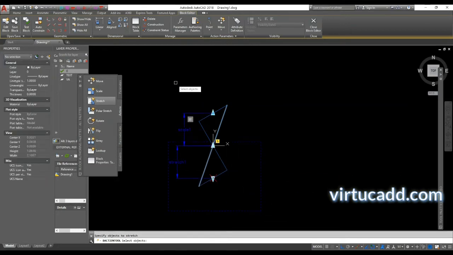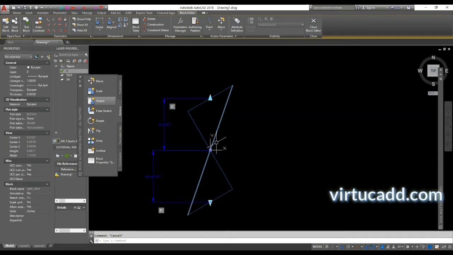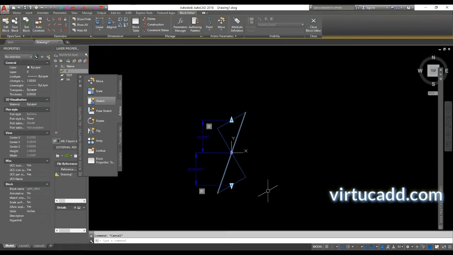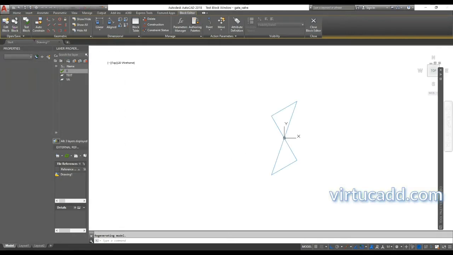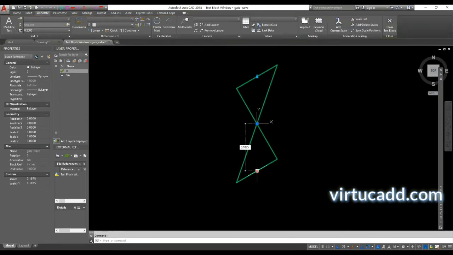Okay, select objects, enter. Save the block and test it. Yeah, so this is our grip for stretching.